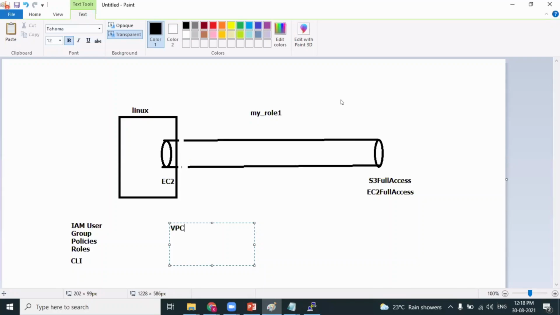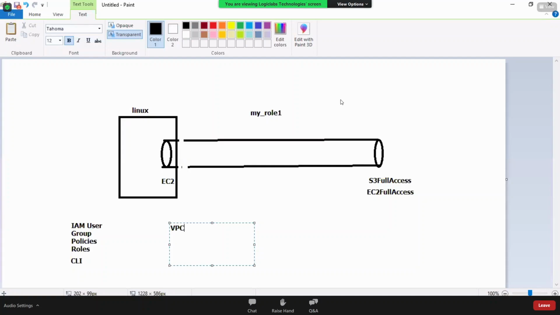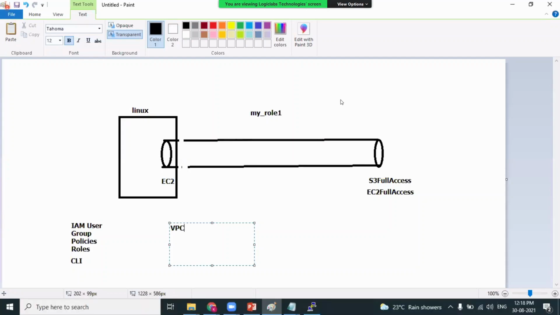So what is VPC? Please do not miss the beginning. Every session is having a dependency. The second session is dependent on the first session, the third session on the second. The next 4 sessions are mutually dependent on each other. Please attend the VPC concepts continuously, right from tomorrow throughout the next 4 sessions, so that you have a clear understanding about the concept of VPC.